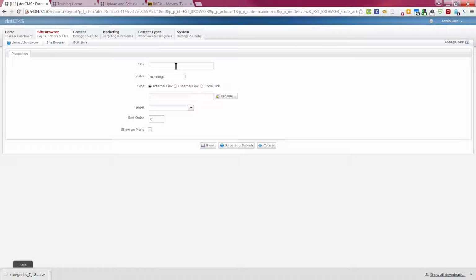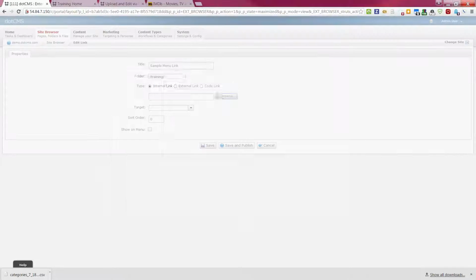Now this link can link to another page on my site or another file on my site, or you can even create a menu link to a different site or something on another site. So for example, I'm going to keep it simple here. All right, and you can select is it an internal link, is it an external link, is it a code link? So you can link to code that will then be executed to determine what's going to be displayed. I'm just going to do it as an internal link now,